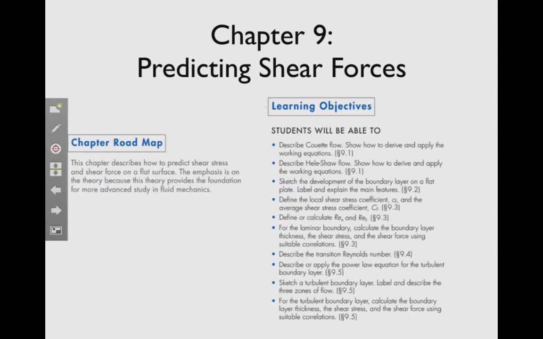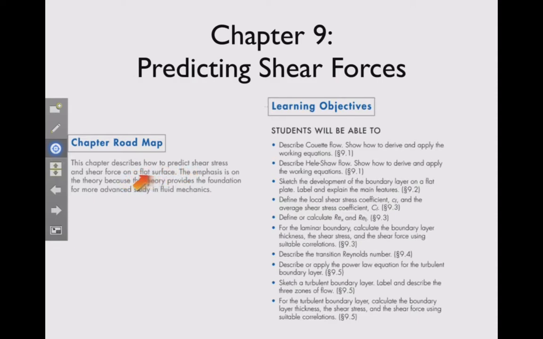This chapter describes how to predict shear stress and shear force on a flat surface. And by a boundary layer, I mean this is the region where the velocity changes with respect to the distance from a flat surface, and we'll talk more about that later. The emphasis is on the theory because this theory provides the foundation for a more advanced study in fluid mechanics. So even though this may seem like it's coming out of context here,